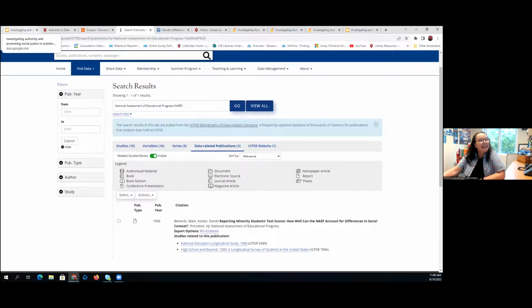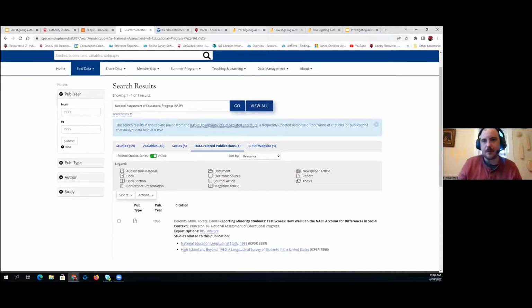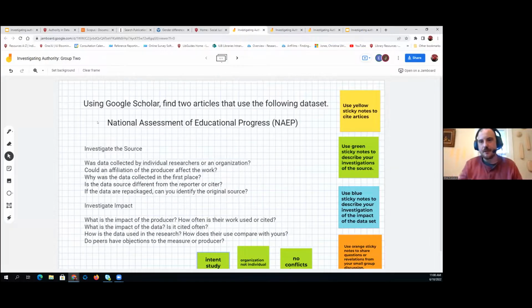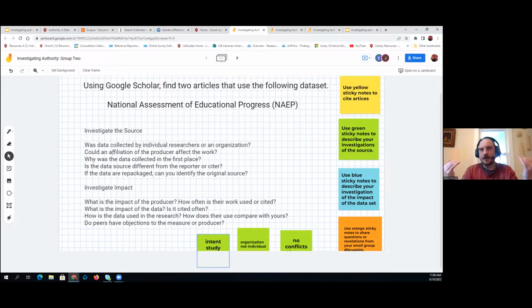Julie, do you want to add anything, or Ethan? I'll just say, going back to the Jamboard, that's an example of a type of assignment you can use to develop these critical thinking skills in the context of data and statistics, specifically in investigating the source. It's not a linear process, right?